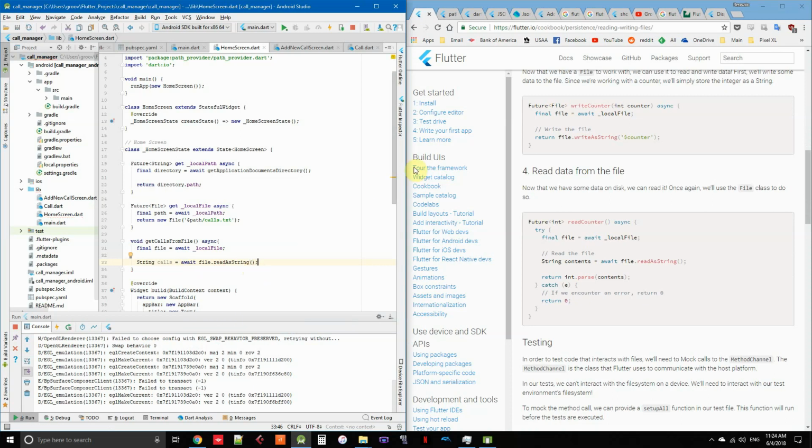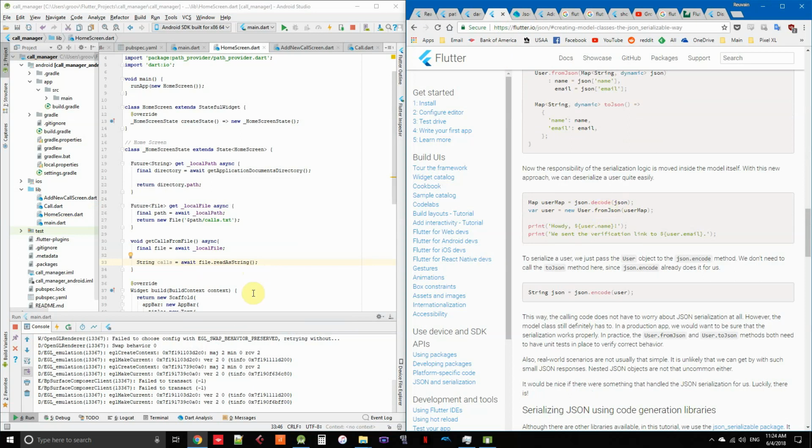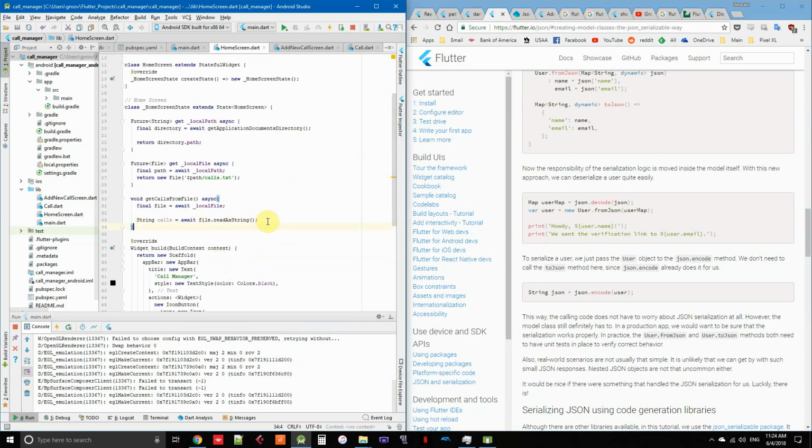Okay, and then I turn it into a map, I assume. Map calls map